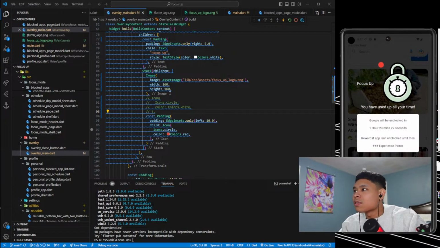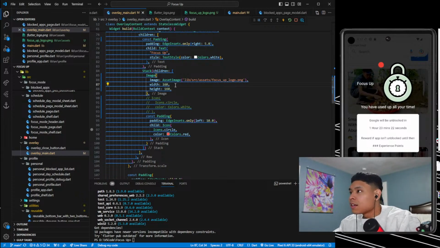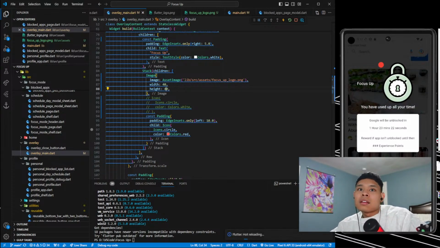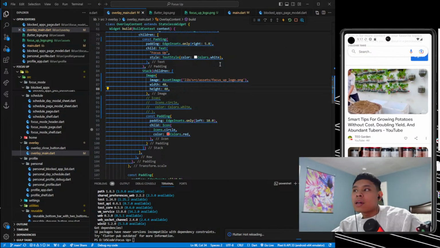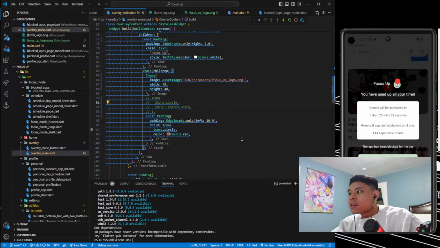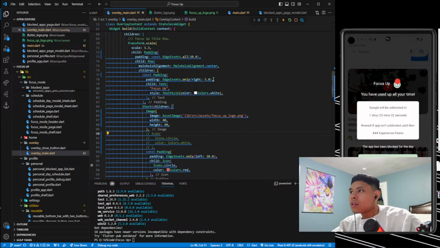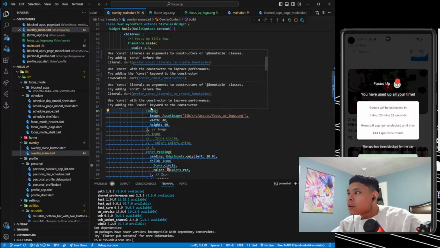Oh shoot, that's big. Okay, hold on. 40. Let's rein it back down. Okay, cool. Yeah, they're overlaying now. That's awesome. The only thing that I'm unsure about is